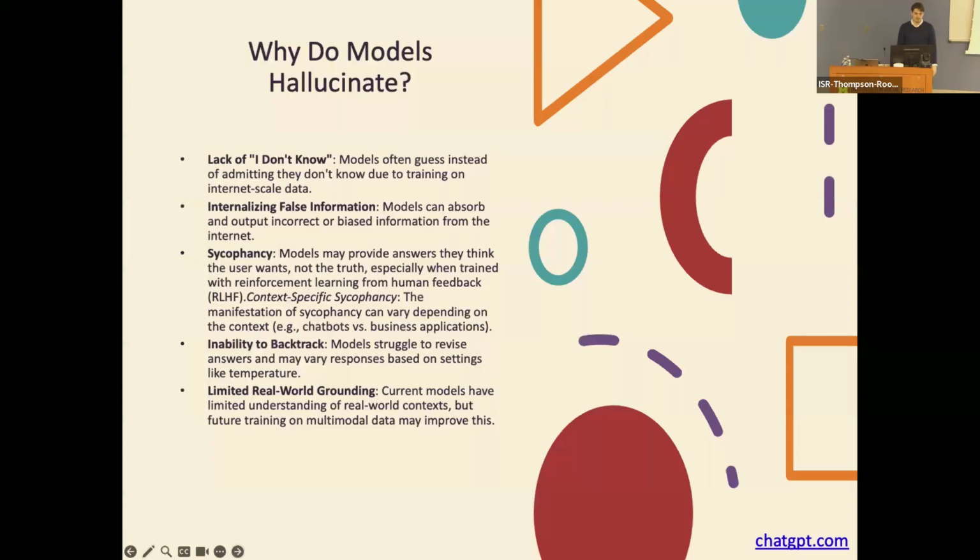There's also the, I guess, internalizing of false information. Like I said before, we don't know exactly what data set this was trained on. So it's likely that some false information can be sprinkled in and perhaps move the model to a specific political group.